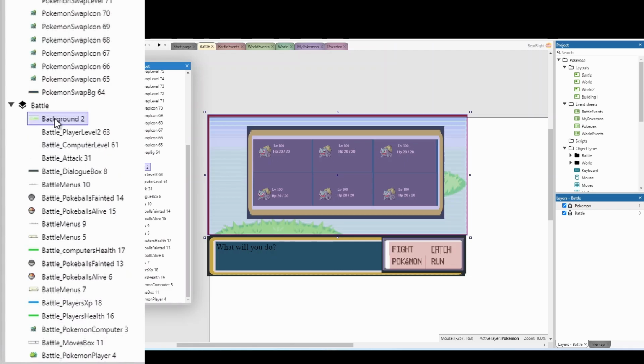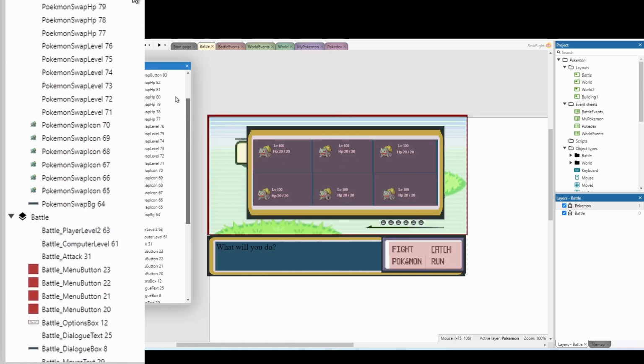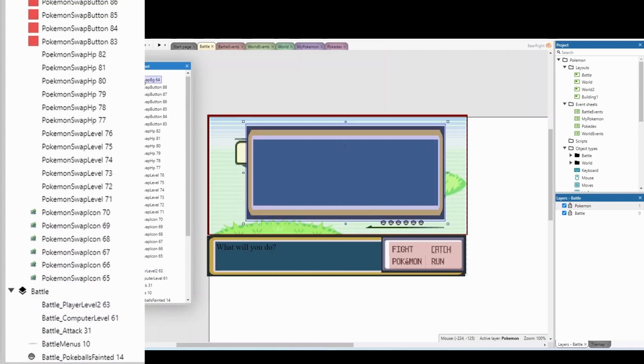Now again, this is on the battle side, so we won't see it on the Pokemon UI side. So let's undo that, and let's take something else like, I don't know, this black border. And I can shift this to the top, and it's there. Again, this is a very small minor thing, but when you're dealing with very fiddly objects, this is something to